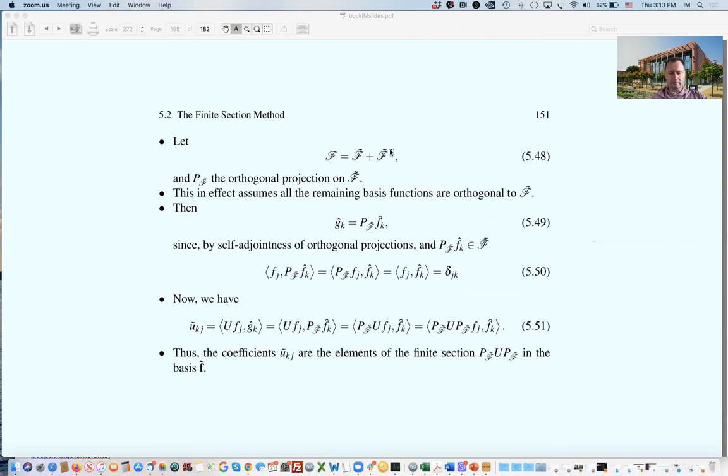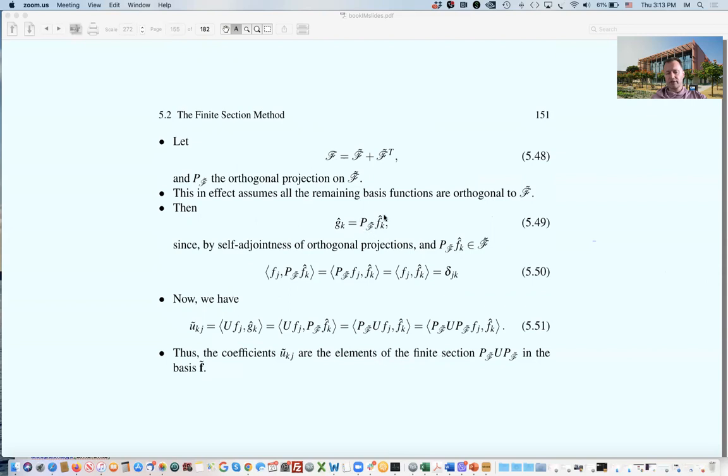And we are going to define by this P_F the orthogonal projection on F tilde. This in effect assumes the remaining basis functions are orthogonal to F tilde. It's kind of an important point to note. If you want to do skew projection, that's a different calculation, but this is what we are going to do here. And so write g_k hat